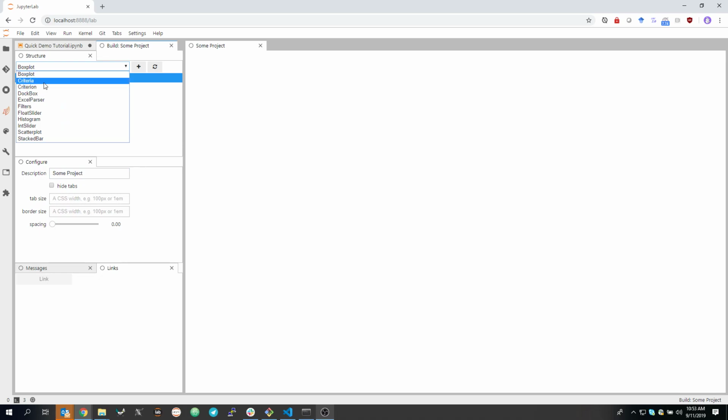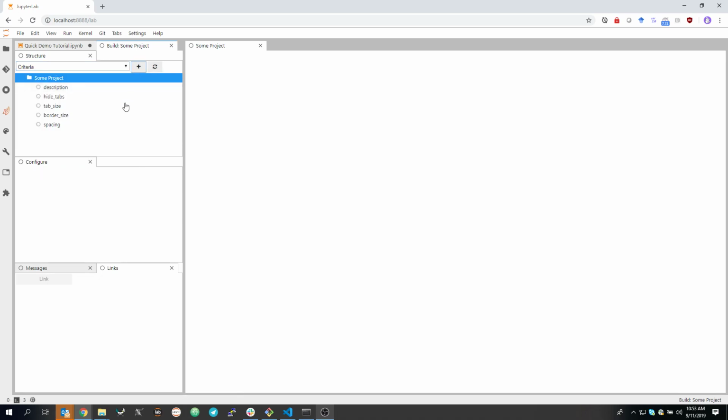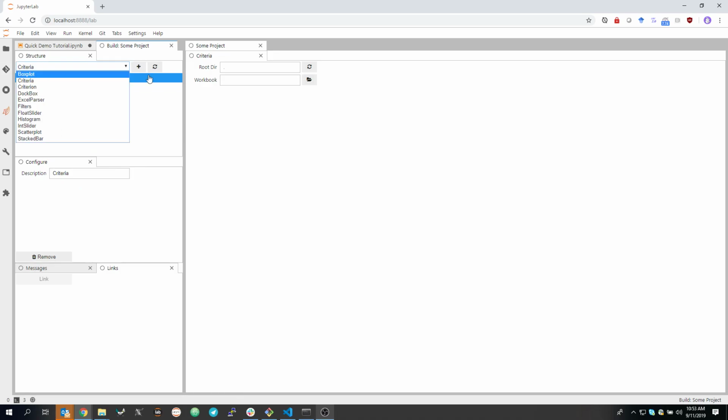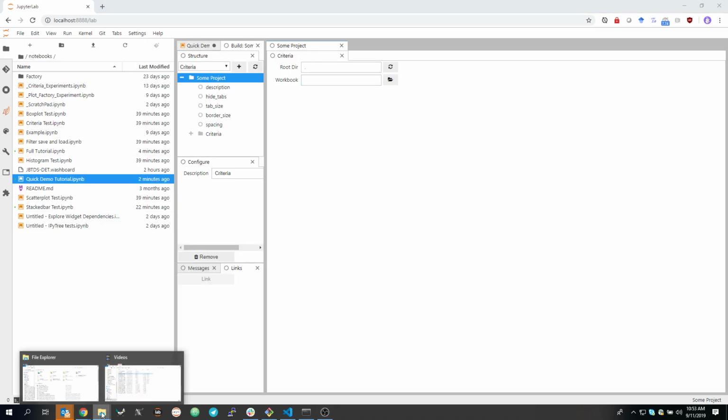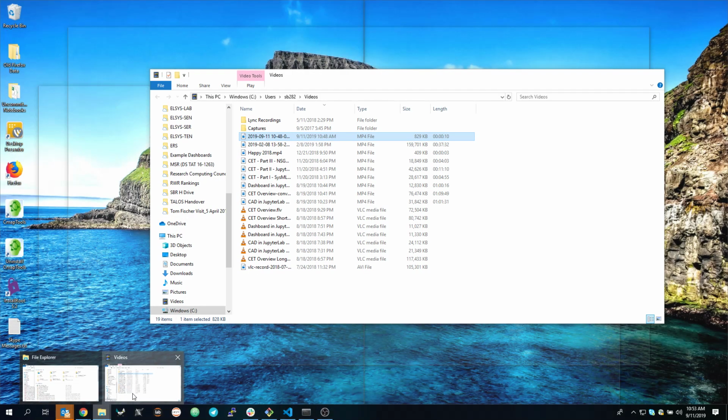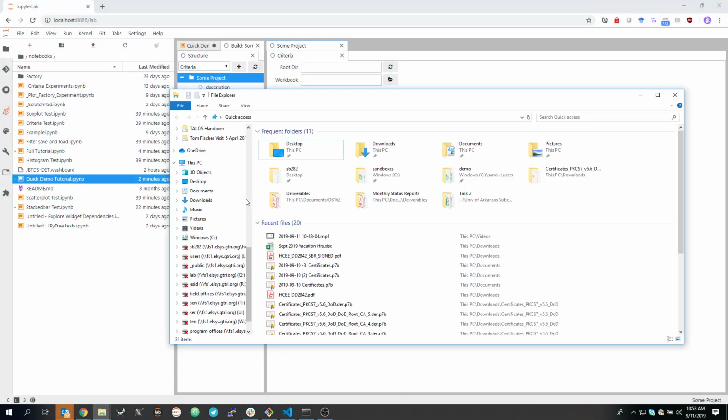Then let's say that we want to import some criteria. So if we do that, we just added a factory widget for a criteria. And by default, the name is criteria. And right now, it doesn't see any files. So if we open this file here and we navigate to our, let's say, File Explorer, and we want to